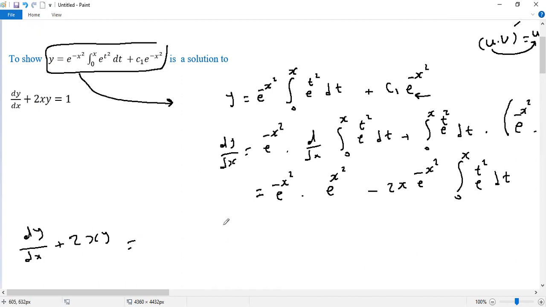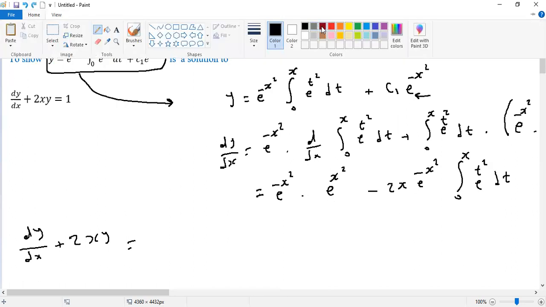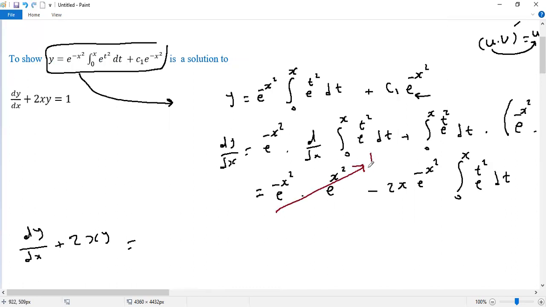Now this is the dy/dx. See, e to the x squared times e to the minus x squared is 1. Why 1? Because both of them represent e to a power, and we add the powers, which gives e to the 0, which is 1. So now I have here 1, minus 2x e to the minus x squared, the integral from 0 to x of e to the t squared dt,